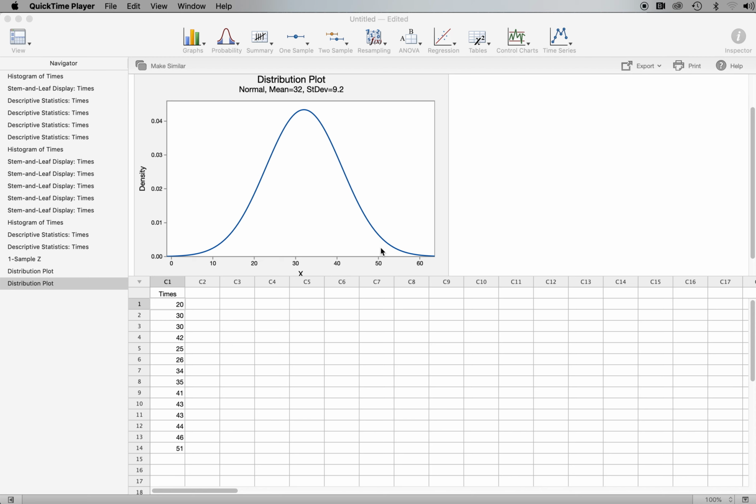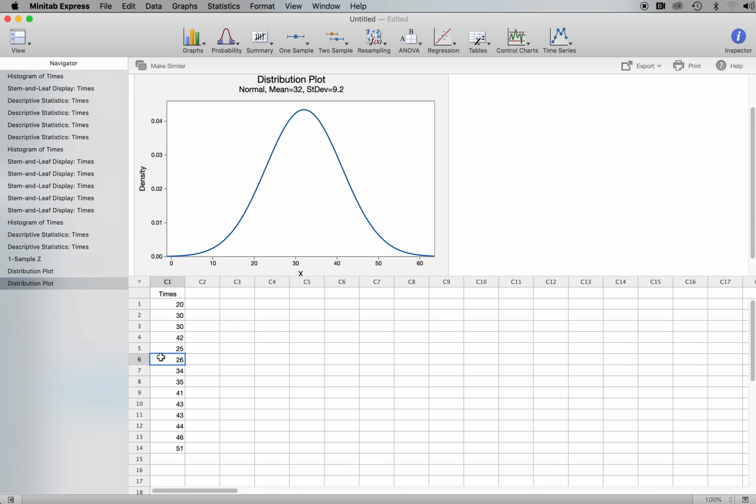So within the knowledge path, there is some information on calculating a z-score for a data value. I could take the data value of 26 within my table and calculate the z-score for it, and then use that to find the probability using some different formulas and the z-score table. The cool thing about MiniTab is you can bypass the z-score table and that method and use MiniTab to calculate